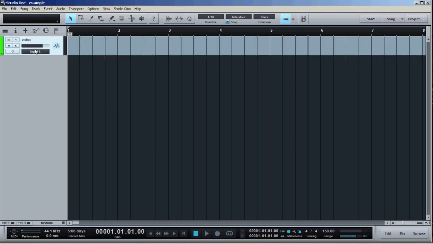So here's the track created. We would click the record arm function to record on this track when we press the record button. If I didn't arm this track like this, it wouldn't record when I press the record button. So that's all the basic configuration that you need to start